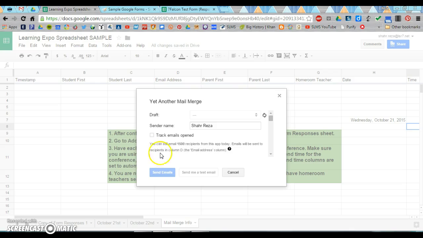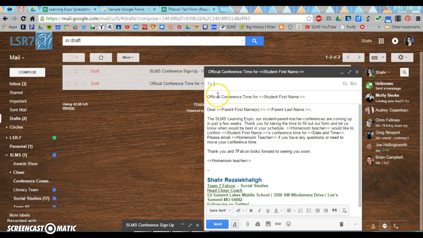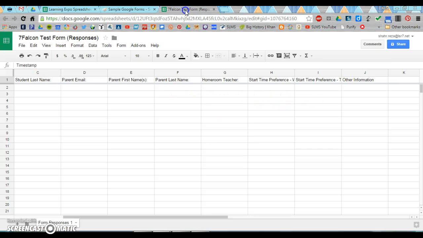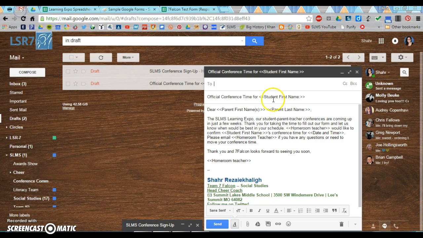And then you're going to select a draft from your email, and this is also something that I will have set up for you guys on the website. But basically you'll notice that I have an email set up that says official conference time for, and then all I've done is I've copied the title of the column. Oh, that's the wrong form. The title of the column. So all you have to do is bring that in there into your email